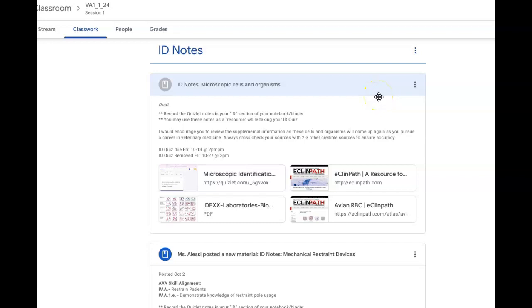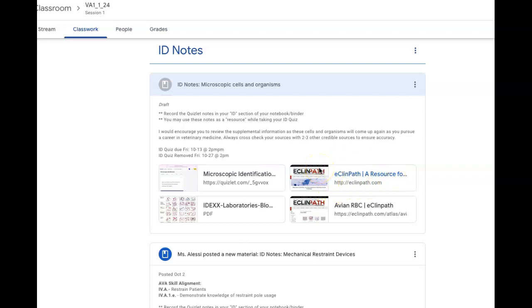We've got our identification notes on microscopic cells and organisms. You're going to find a great deal of resources here with mammalian red blood cells, avian blood cells, a whole bunch of different things going on. This is from IDEXX Laboratories. It's actually your comparison between canine and feline red and white blood cells, so if you wanted to take a look at those. eClinPath is a great resource for you when you are looking at different cells